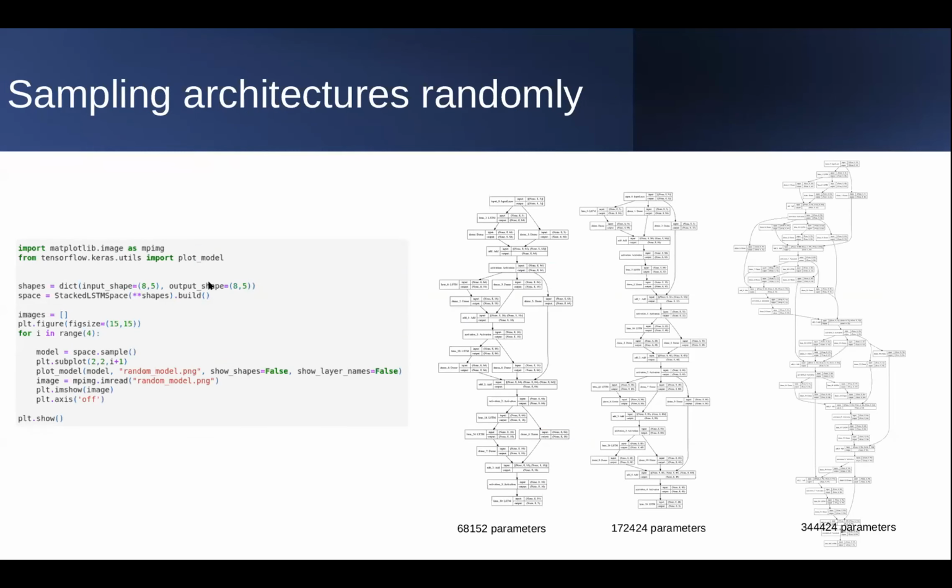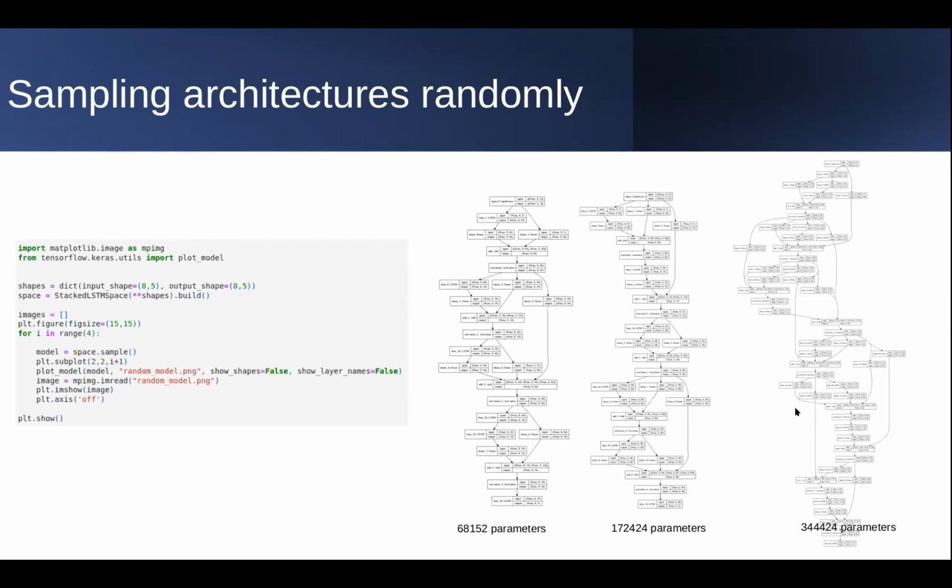And once that is done, it's very easy to construct a variety of architectures. So for example, over here, I'm just constructing the search space with this build function, and then I'm sampling the search space. Again, the API makes it very easy to do so. And as you can see from the same search space, just by randomly sampling the choice of operations that were performed, for example, at each of these nodes, you get dramatically different architectures. So I'll go from complexity from left to right. So 68,000 parameters over here,